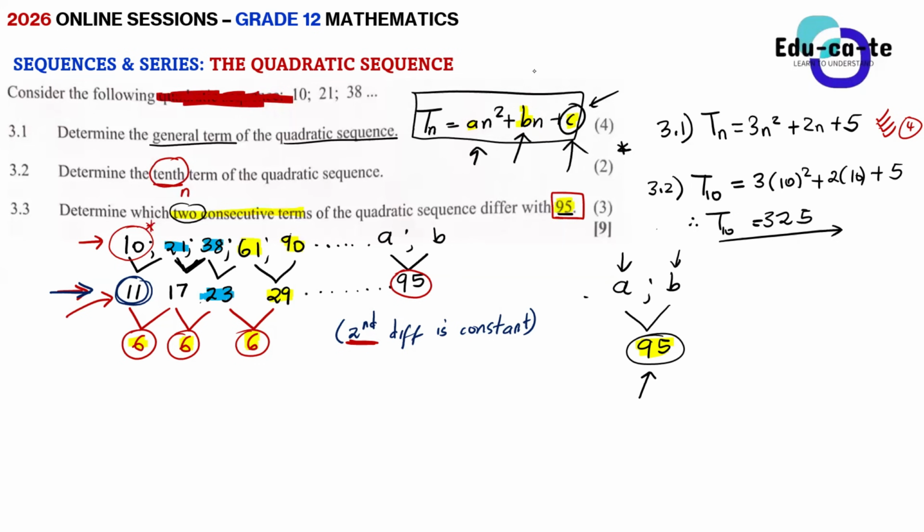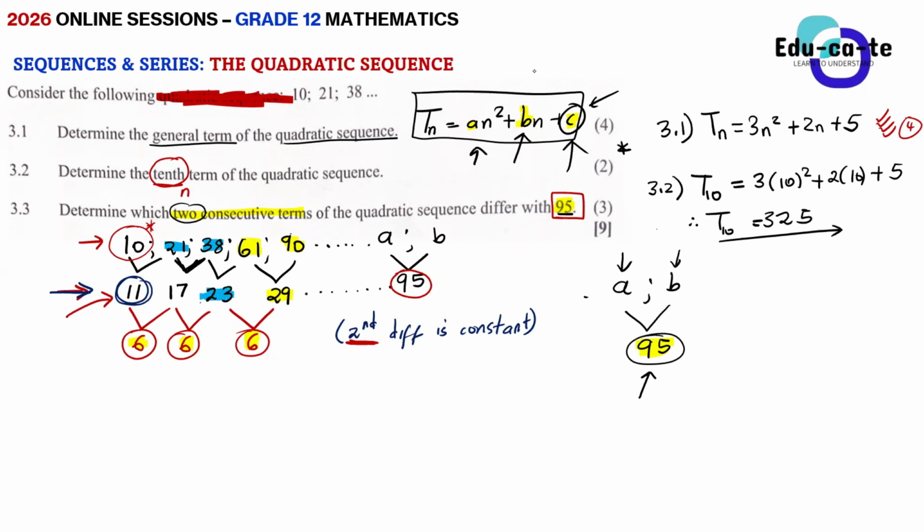You are in the exam room right now. Can you get to 95 quickly? No. That is why, guys, we've got a general formula. The general formula always helps you to locate any value. It can help you to locate the position of any value in the sequence. Are we together, guys?